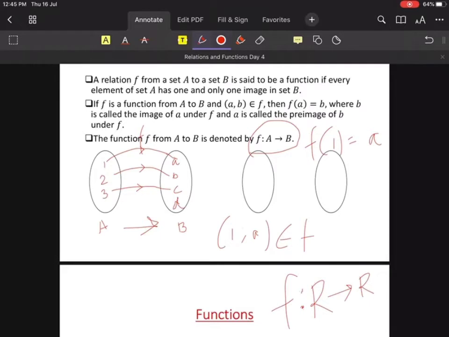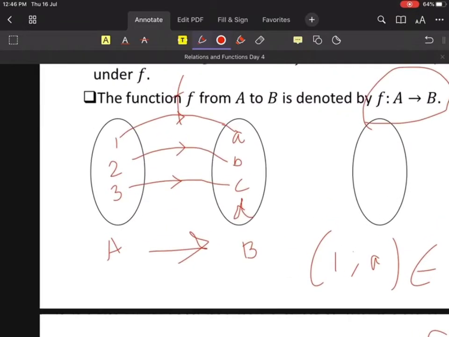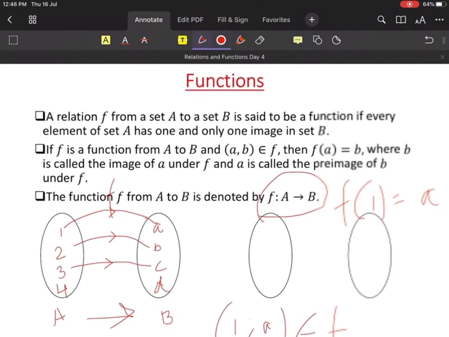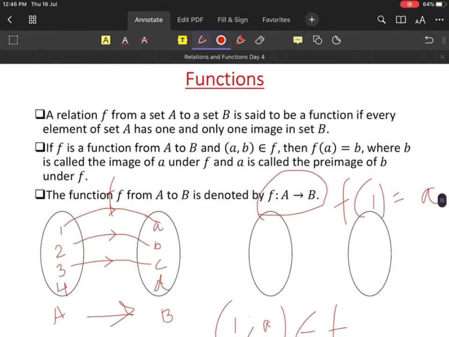Yes or no? Listen very carefully because this is very, very important. A is the domain, right? I can directly say by not looking at all. Look at here. Now understand this one very carefully. If I write 4 in here, will it remain a function? Yes or no? No. How can it remain a function? Because every single element has to have an image, right? 4 does not have an image, so it will not be a function, right? Yes or no? But I have to remove this 4 to make it a function.